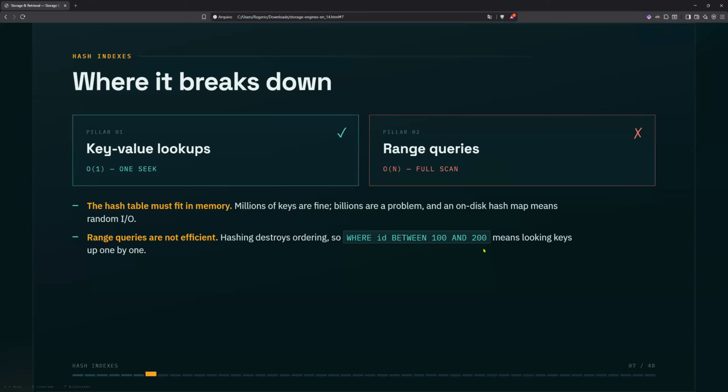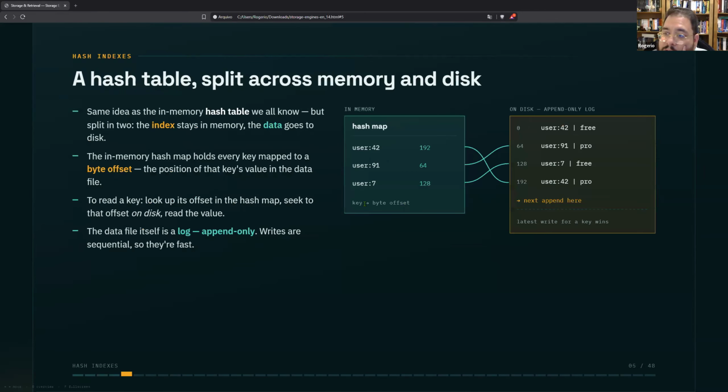Could I just ask, you said that the hash map doesn't preserve order, but you said that the files are appended at the end, and then the hash is the place on the end. So shouldn't they all just stay in order because they're appended and they never move? Okay, but appending a value at the end of a file does not mean order. Look at this example: the users are not in order, but suppose my query is asking for user 1 to user, I don't know, 10. Okay, I see what you're saying.